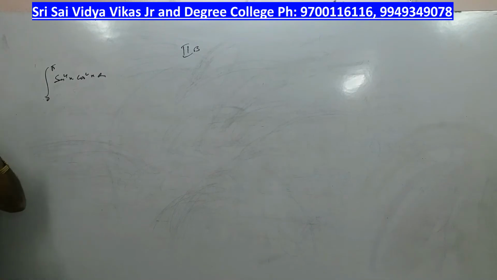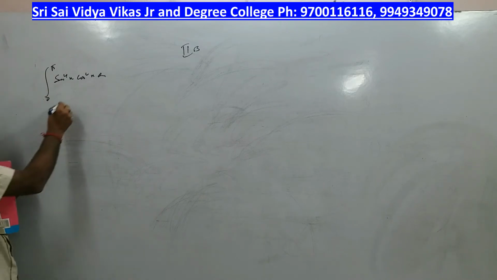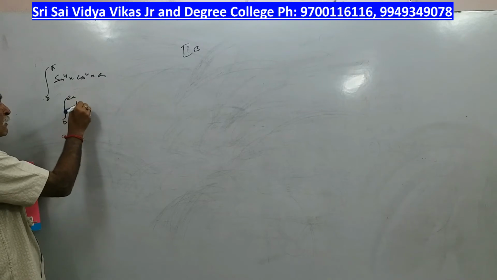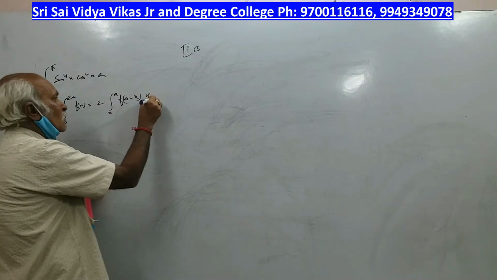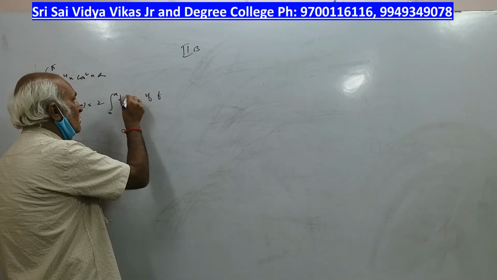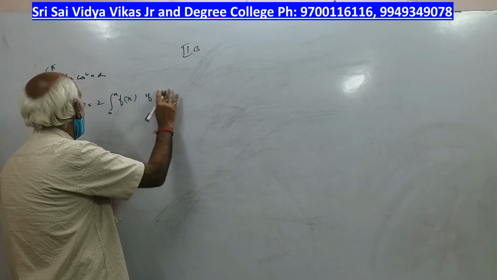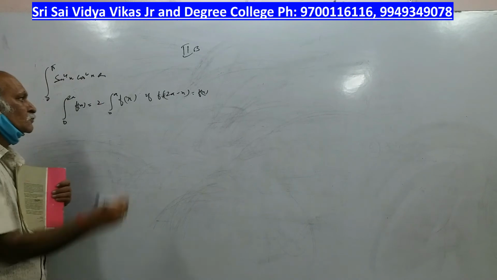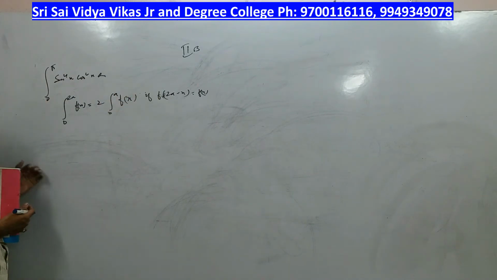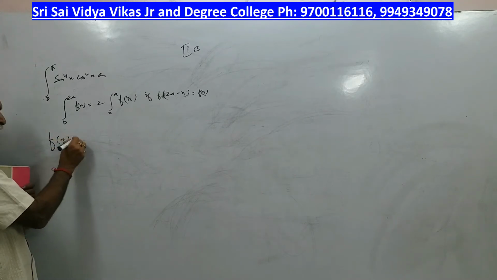Next one. 0 to pi, sin power 4, cos power 6. Our formulas are for 0 to pi by 2, sir, but we cannot use them for 0 to pi, but we can use this formula. What is the condition? Integral 0 to 2a of f of x is equal to 2 times integral 0 to a of f of x, if f of 2a minus x is f of x. Okay, look at here, f of x is equal to